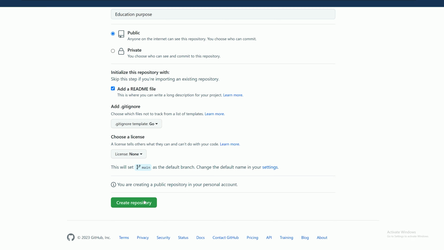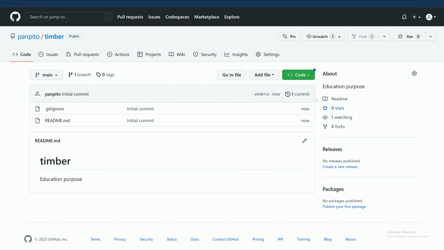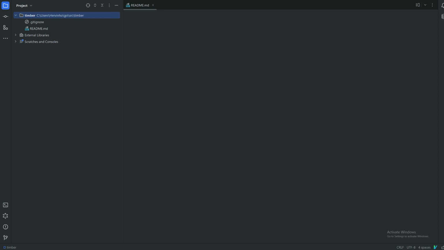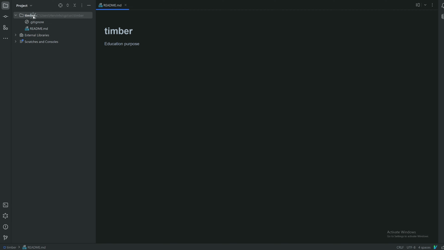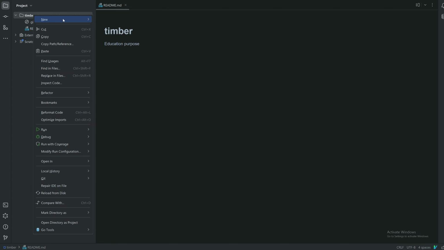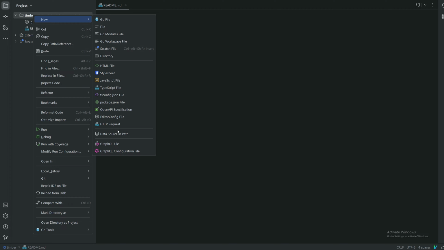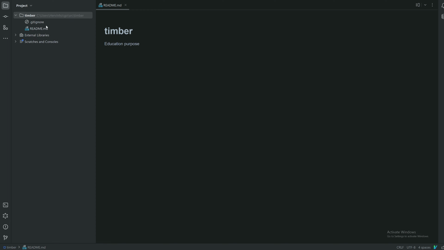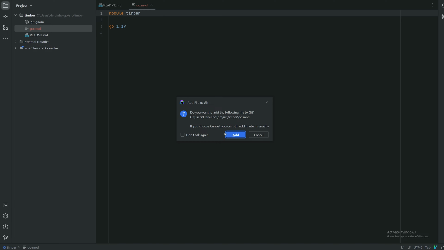So creating a repo, that's really easy. There you go, your empty repo, and then we can clone it with your favorite IDE or terminal or whatever IDE you use. Okay, so to start with, we will create a Go mod file,